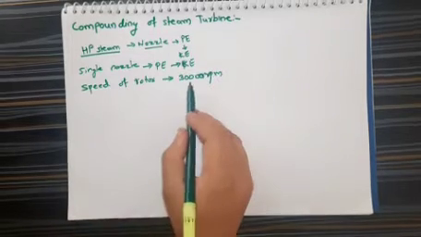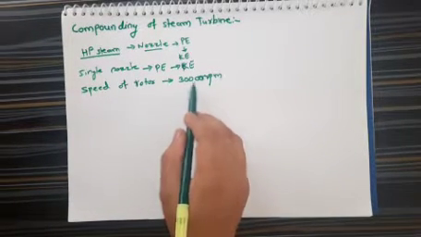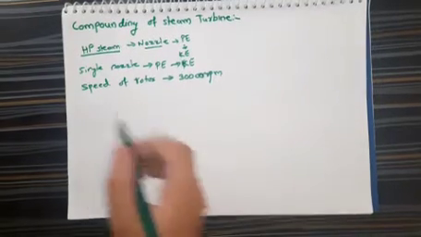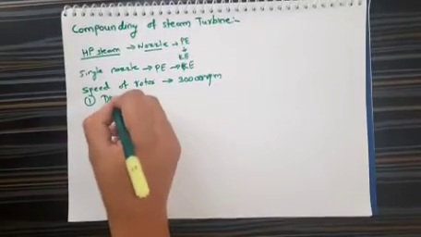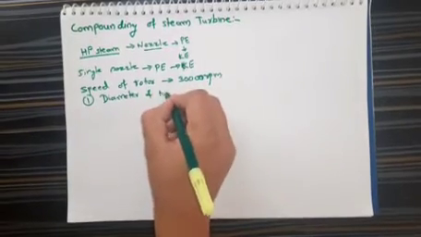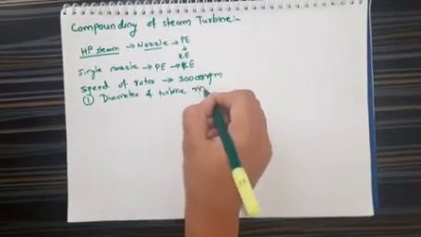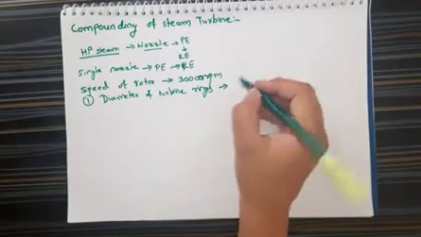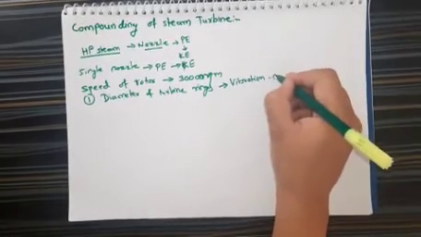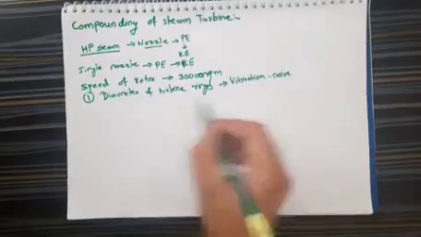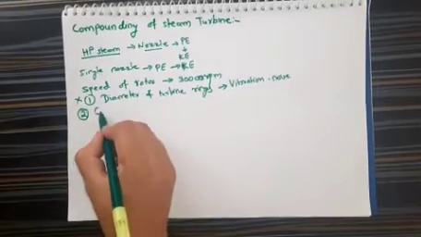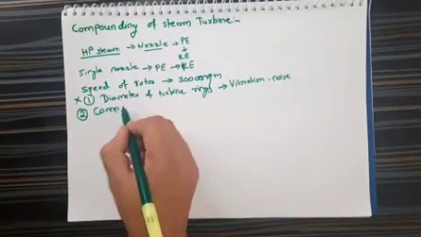Hence, to reduce the speed and to keep the same power, there can be two different ways. First, we can increase the diameter of the turbine rings, but due to this there are chances of vibrations and noise. So again this is not feasible. So let's see the other method, that is the compounding of the steam turbines.